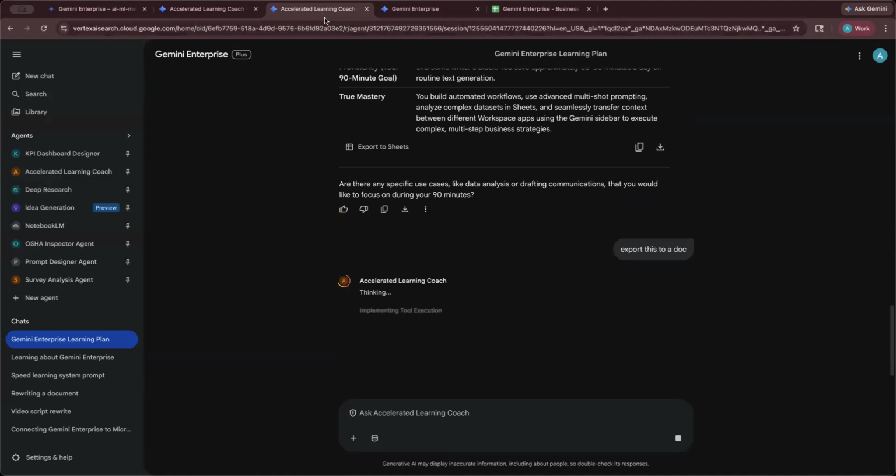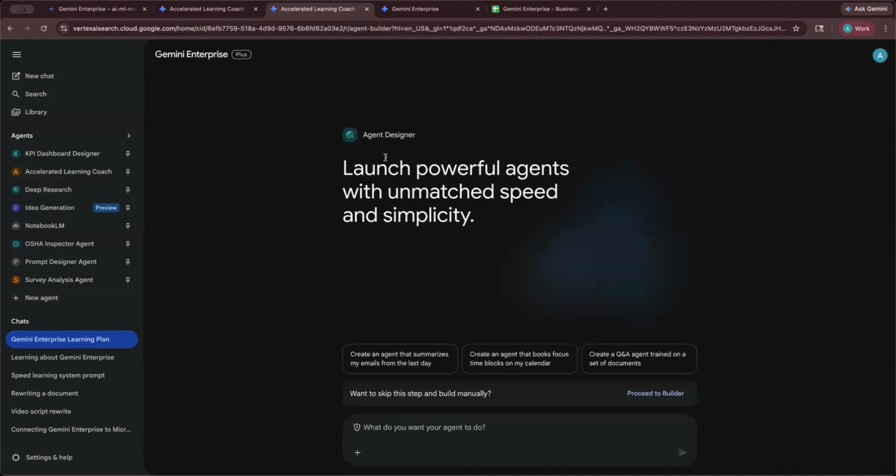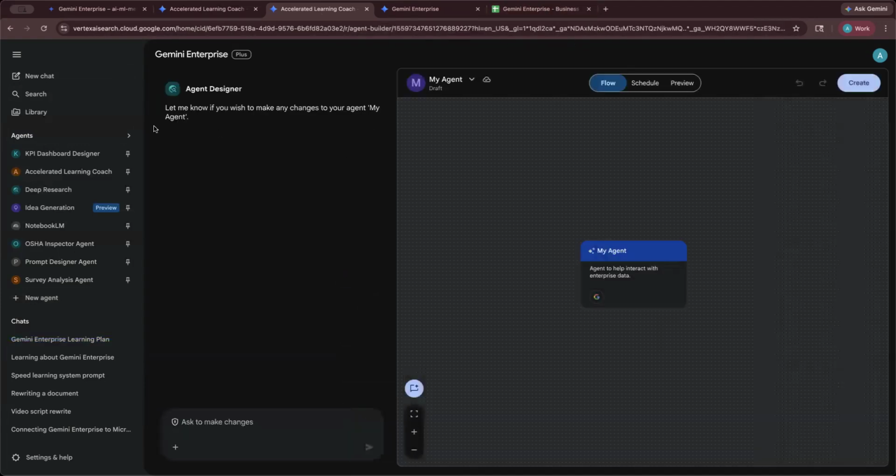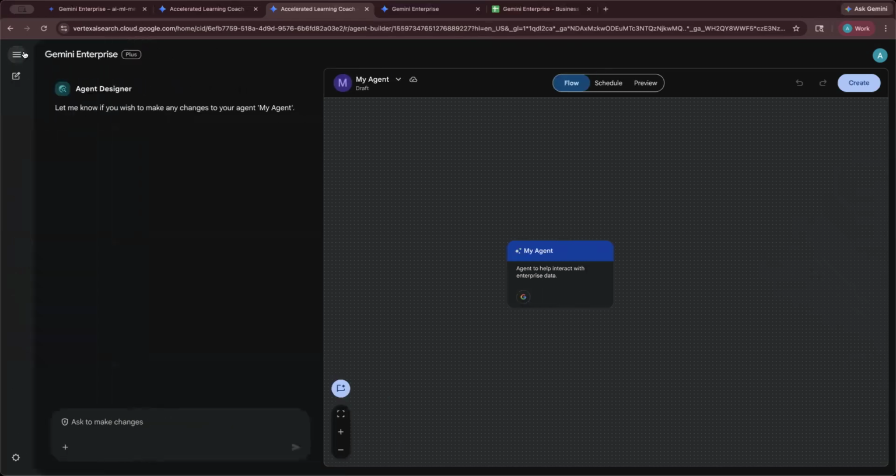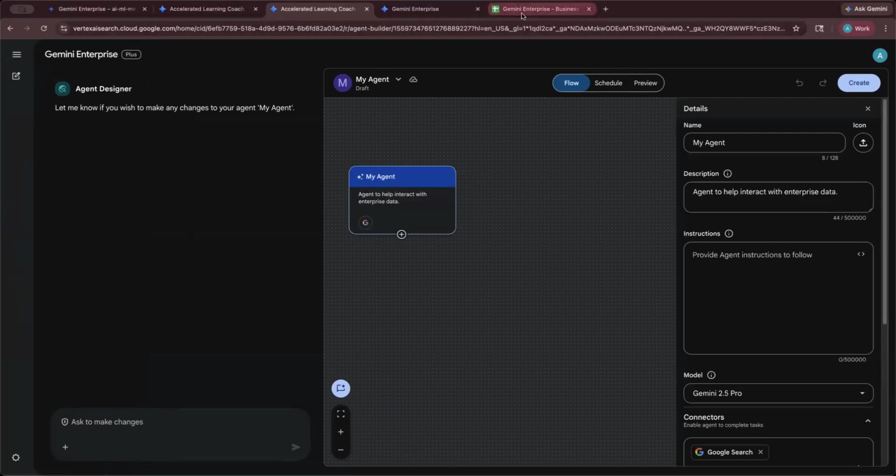In order to create this, you are going to go back to the Gemini Enterprise agents and click on new agent. Obviously it'll export to the document once done. So go to new agent, make sure you're in agent designer, click on proceed to builder. Get a little bit more space by collapsing this, get the my agent, and then in the description section